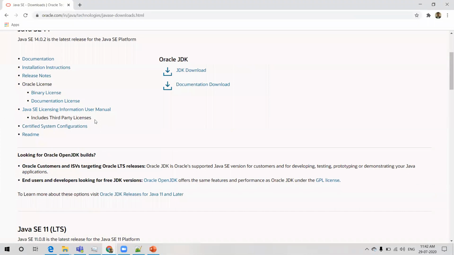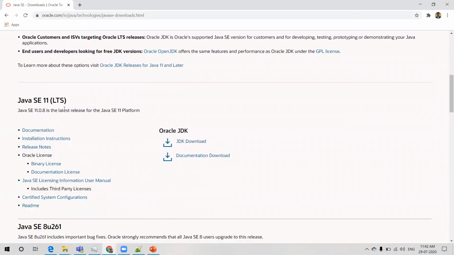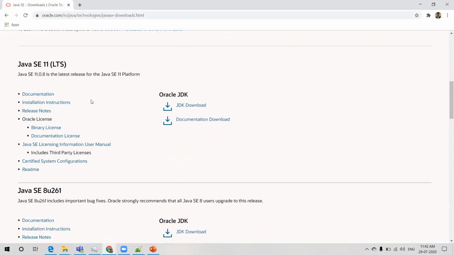So scroll down and you can see something here, Java 11, which is LTS, meaning long-term supported. And you can also see here Java 8. So these two are long-term supported versions. So you can choose one between these two, 11 and 8. And I choose Java 8 for two reasons. One reason is Java 8 is stable and widely used. So even if I get some issue, I can easily get resolution on the web.